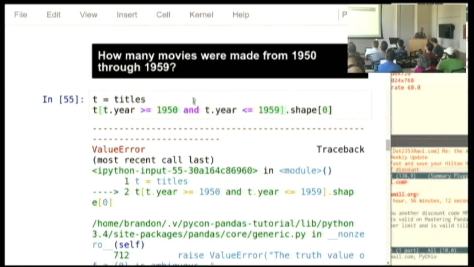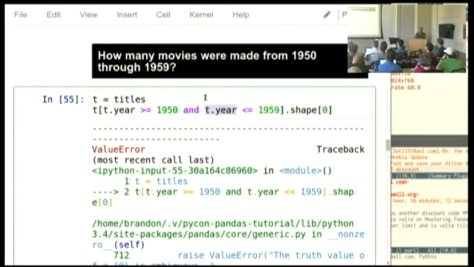I have no idea. So what's happening here is, I told you that Python objects get to override what plus means, what minus means, what multiply means, what greater than, what less than means when run on that type.